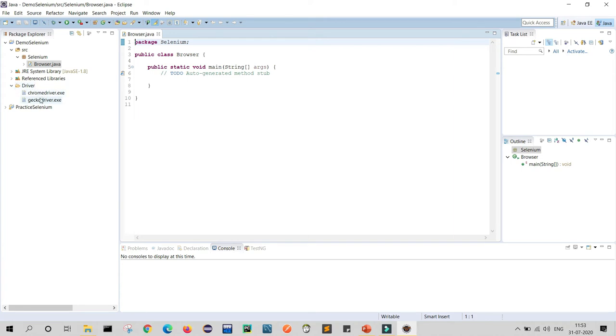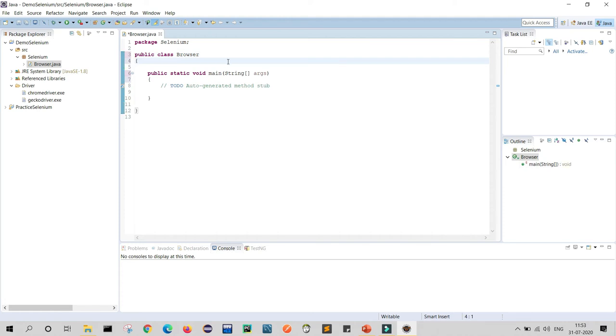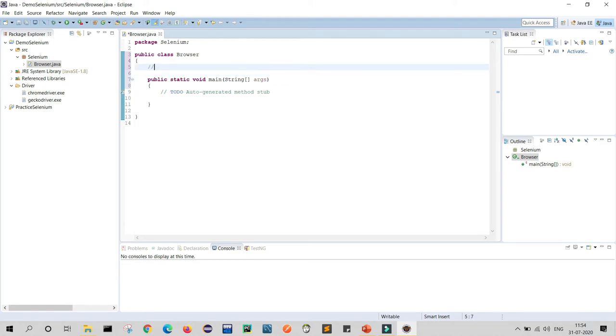So what will we do? First of all we will create three methods, and those three methods we will call in our public static void main. First of all we will define our methods here. My first method is to launch the browser, or you can say open the browser.